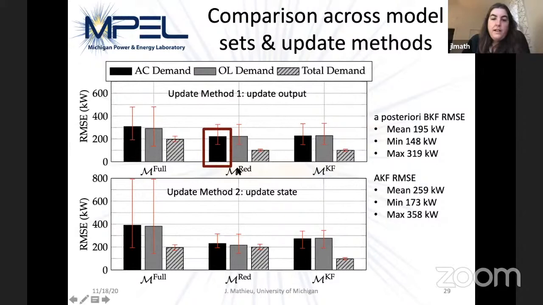And it's showing the clusters here. M full is the full model bank, 174 models. M reduced is getting rid of all the linear time invariant system models. Those are the ones with the straight lines, where you said, okay, those are no good, why are we using them at all? It's actually better to throw them out because the algorithm gets confused, because sometimes they're accurate, or just twice a day they're accurate. So it's better to just not use them at all. And M Kalman filter is using the models that can be used in a Kalman filter. So that's getting rid of all the regression models and just keeping the linear time invariant and time varying system models. So it's actually best to use M reduced. But of course, this is also specific to this case study.